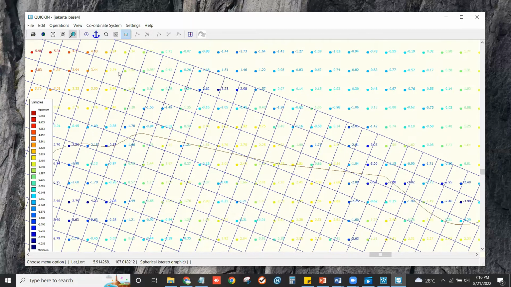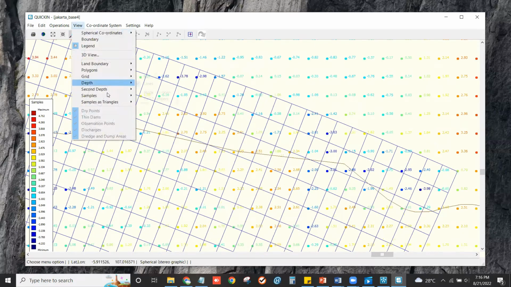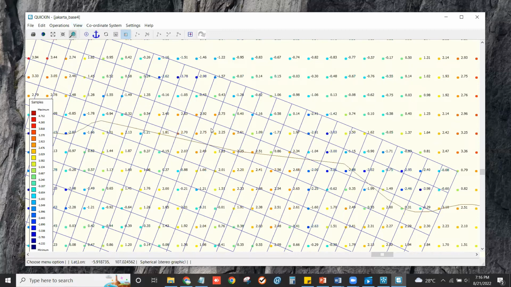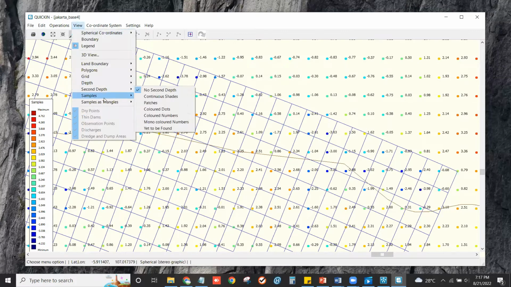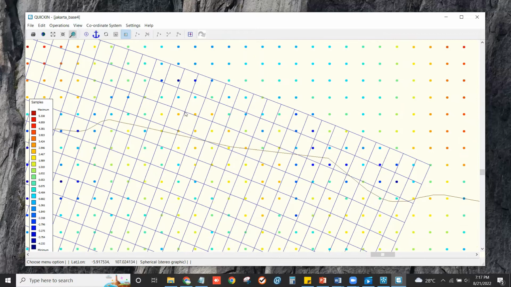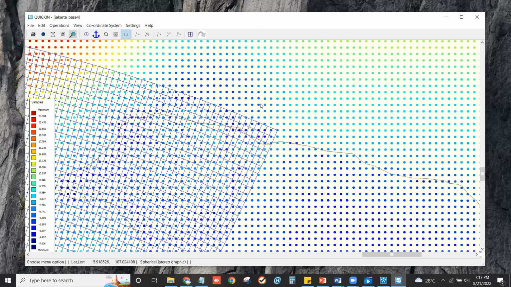If I click another option, mono color number, the number is colorless, with no color. Okay, I will choose the color dot.